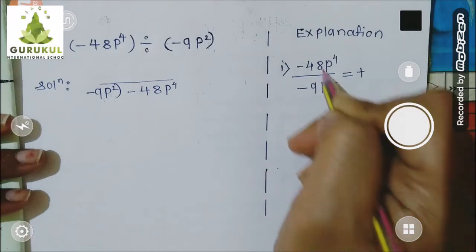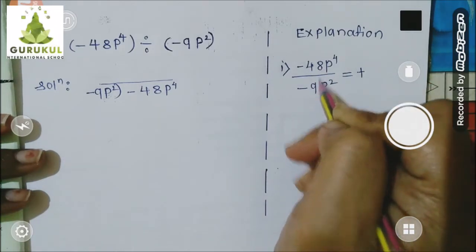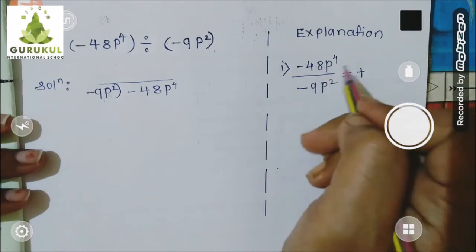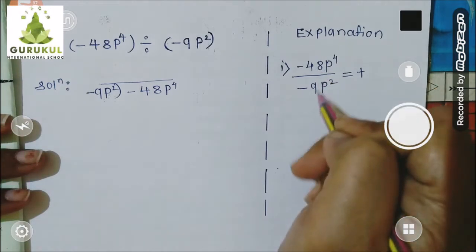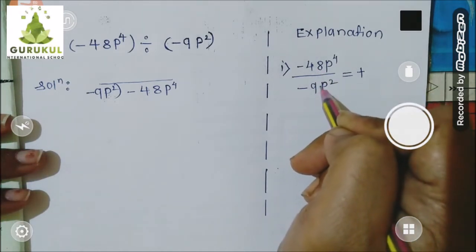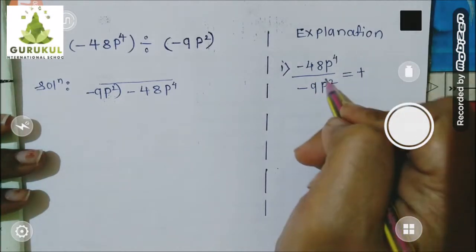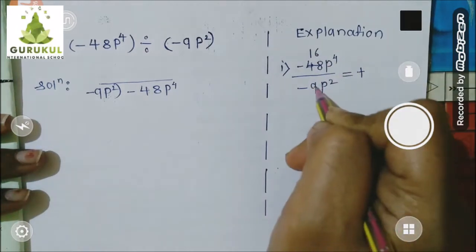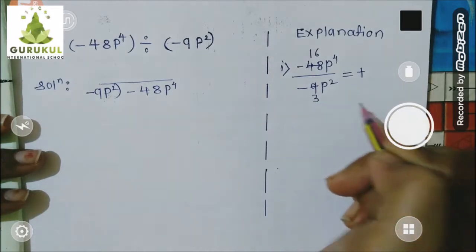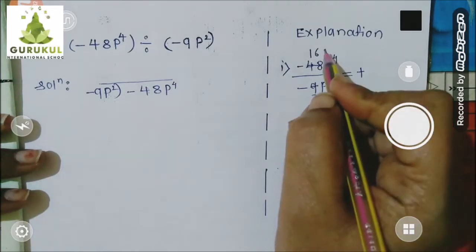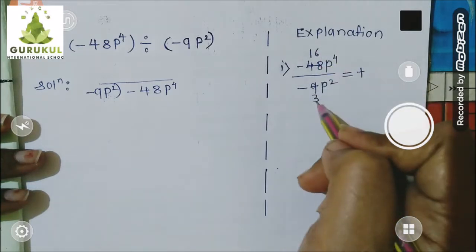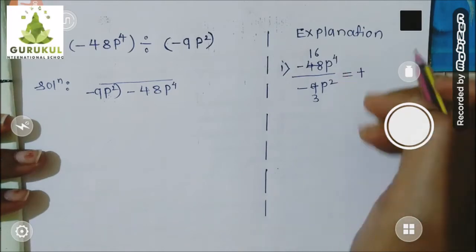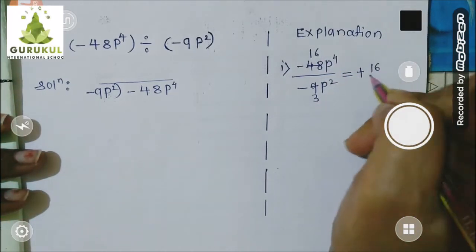Now number 48 divided by 9. Children, in the table of 9, 48 doesn't come. Am I right? So what will you do? Let's find out whether both the numbers are divisible by a common divisor. The answer is yes. Both are divisible by 3. So 3 ones are 3, 1 is left, 3 sixes are 18. And if I divide 9, then 3 threes are 9. So 16 upon 3 is left. Now is there any common divisor that divides 16 and 3 both? No. So this is the final reduced form. So I will write the final reduced form, 16 upon 3.